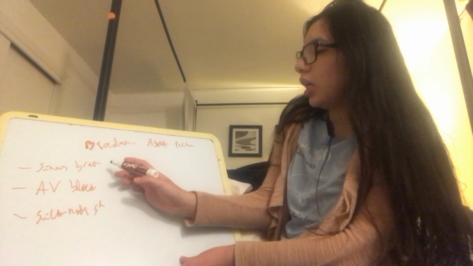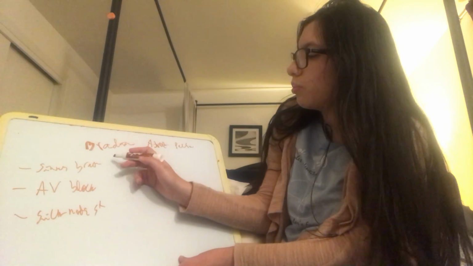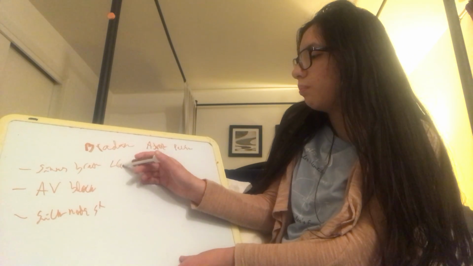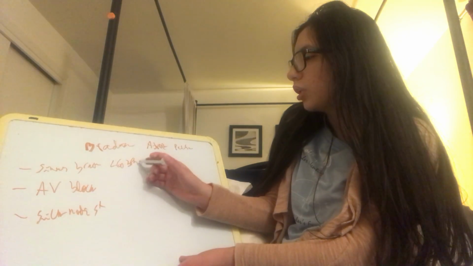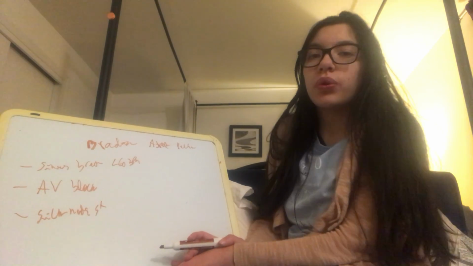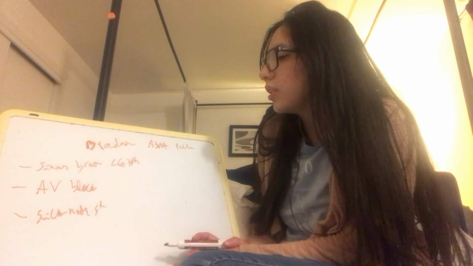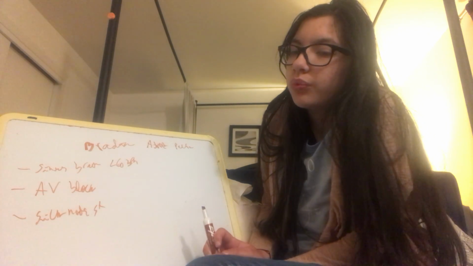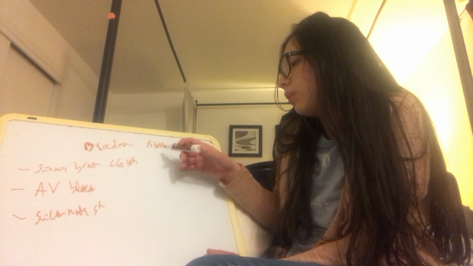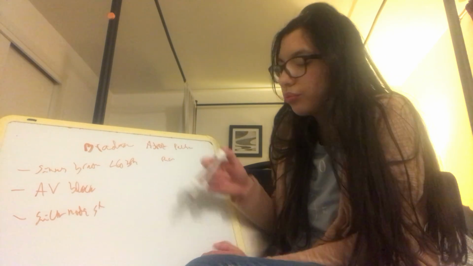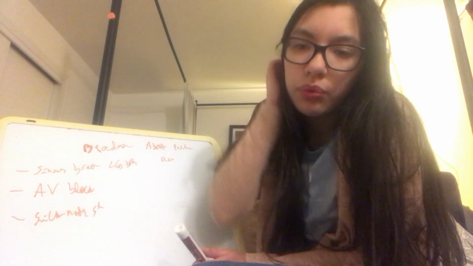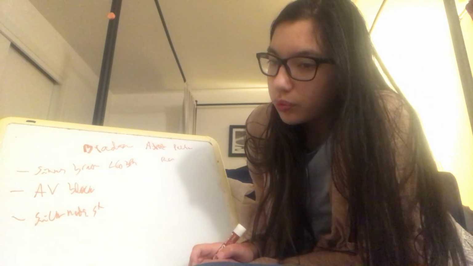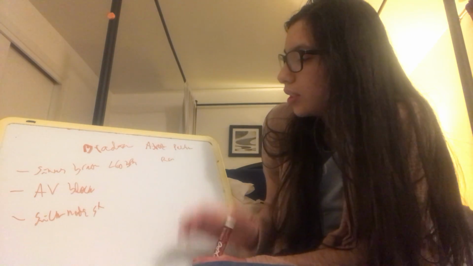So in sinus bradycardia we will not treat this. Sinus bradycardia is a sinus rhythm with less than 60 beats per minute. If it is asymptomatic, we will not treat it. If it is symptomatic, then we can put a pacemaker. First, for the acute event, we will give atropine. Now, if the patient has